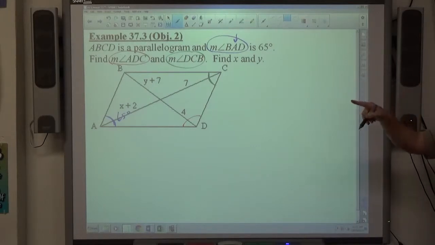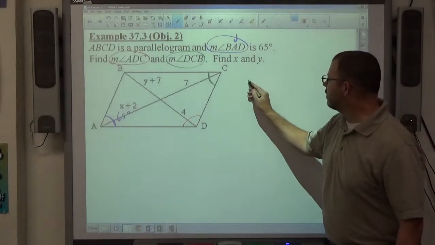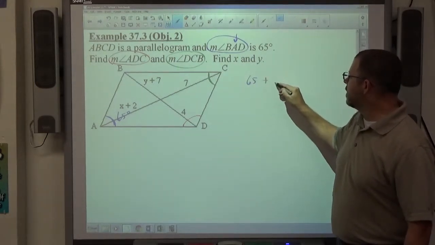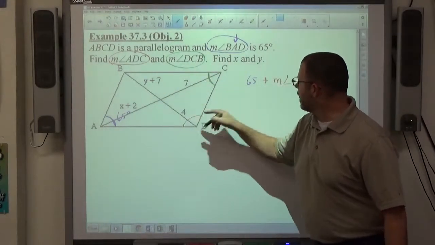Okay? BAD is an acute measure of 65 degrees, right? In a parallelogram, all the acute measures are the same, all the obtuse measures are the same, and acute and obtuse add up to 180. So if we're focusing on that, I know for a fact that if I take the 65 degrees that angle BAD is, and I add that to the measure of angle, they call it ADC, this red angle here,